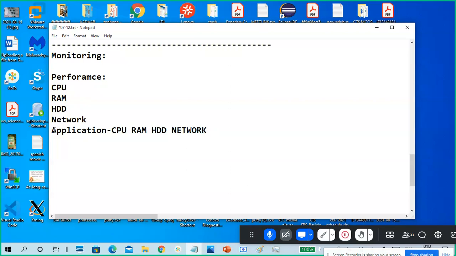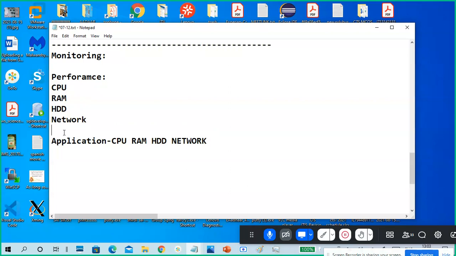Application performance monitoring, or process monitoring: process or application related monitoring. So this is a very simple way to monitor.